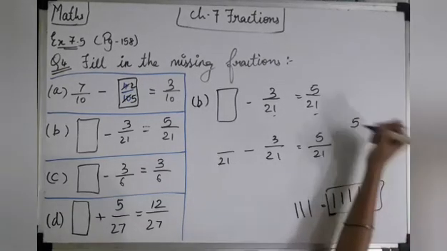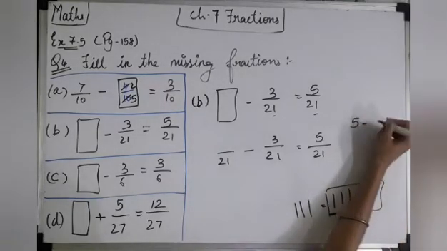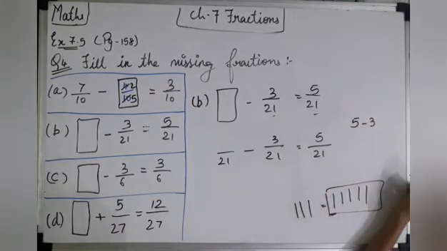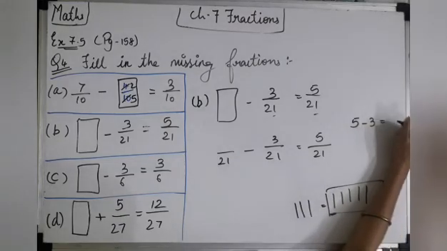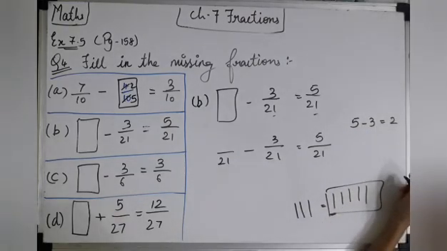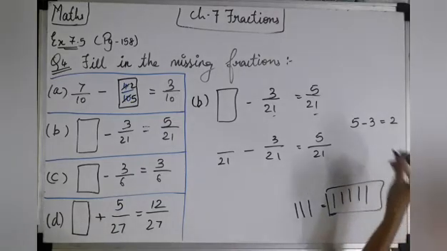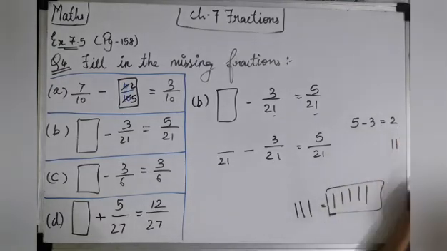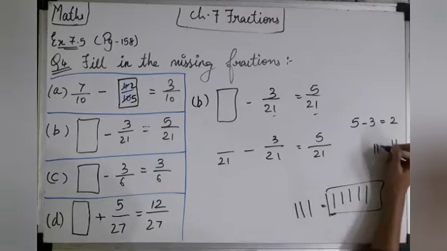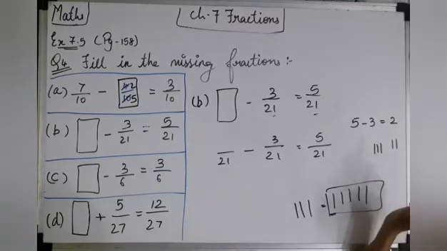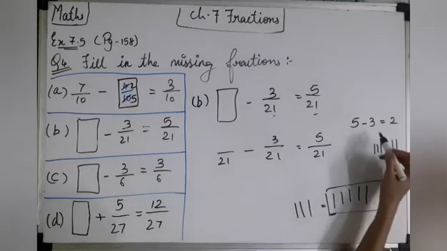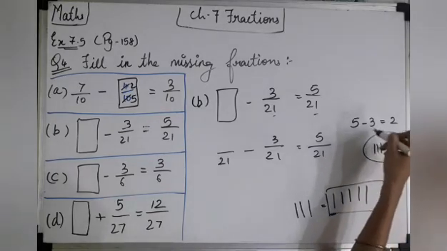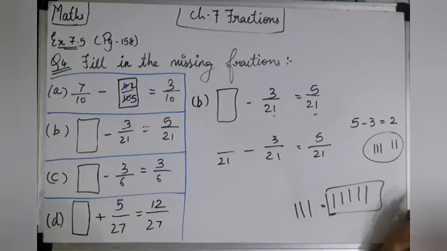Suppose I have 5 chocolates and I give 3 chocolates to my brother. Now how many am I having? I'm having 2, right? In the present I have 2 chocolates, and I have given 3 to my brother. But if I total it out, previously I had 5 chocolates, then only I gave 3, right? Now I hope you have understood, right?